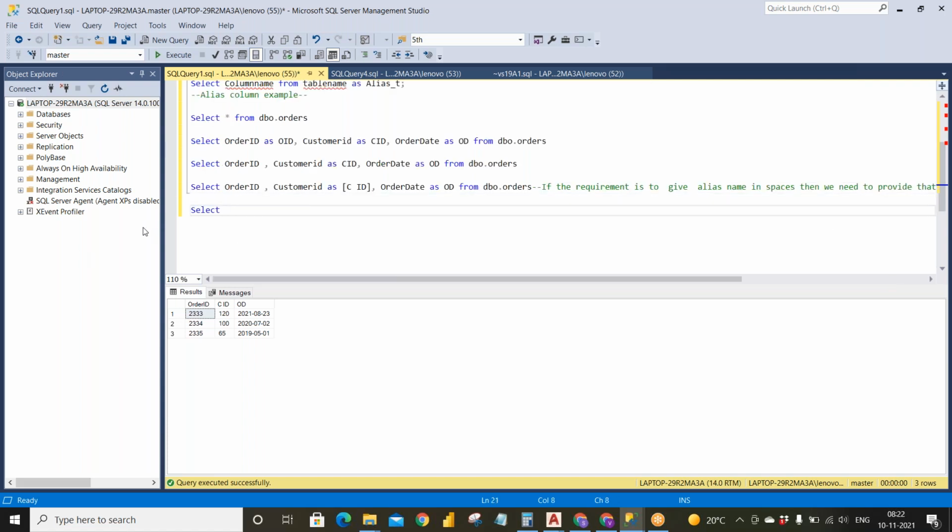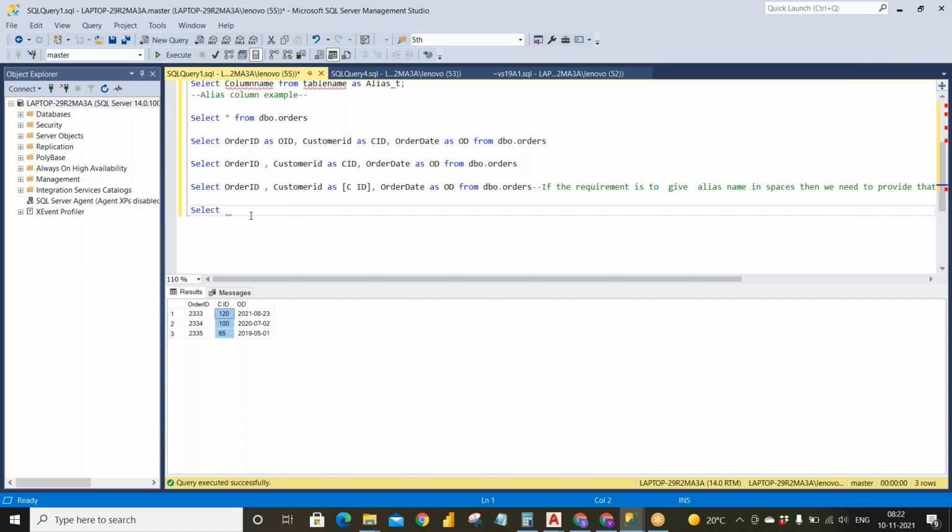Okay, we'll see another example. In real time, in some cases I want to combine two or more columns in that particular instance.